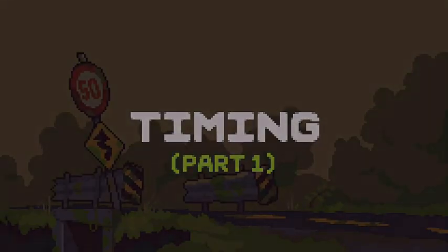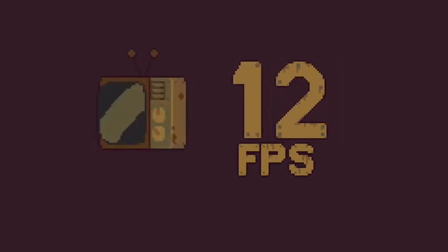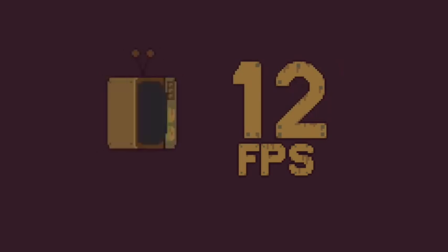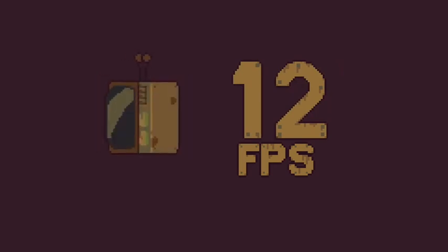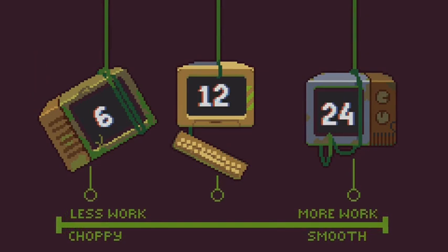point. Timing. Standard television is around 24 frames a second, so one of the most common frame rates for animating pixel art is 12 frames a second, which you'll notice is half the speed of 24. People like to refer to animating on every second frame as animating on twos. For beginners and even pros, I think that 12 frames a second is a fantastic choice, because the more frames you have means more work, but less frames can be less smooth, and 12 frames a second walks that line